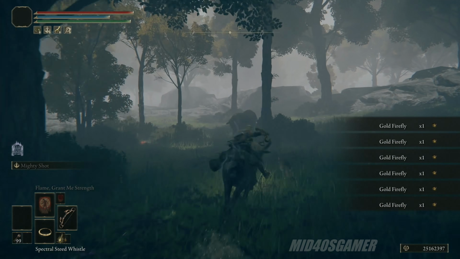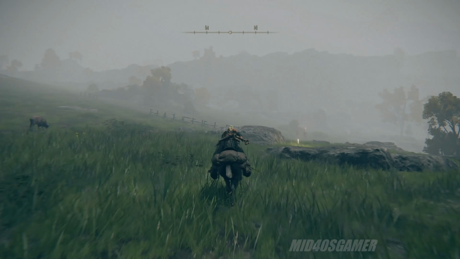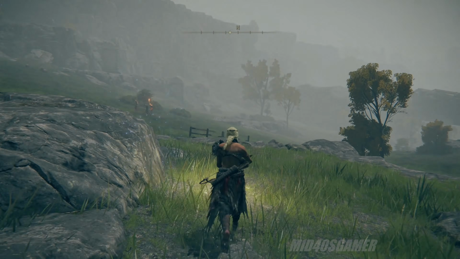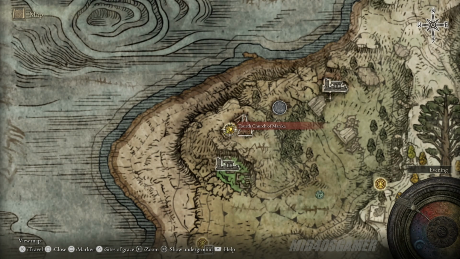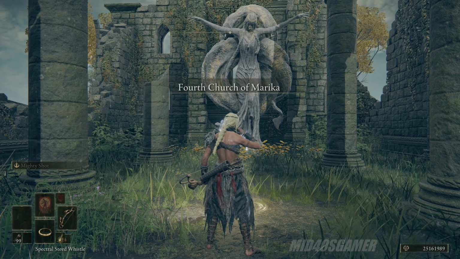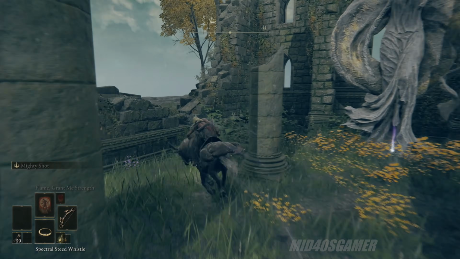After picking up the fireflies, you can make a return trip and rinse and repeat this process for a never-ending supply. Our next stop will be the Weeping Peninsula, and as you can see from the map footage, our start point for this incursion will be the Fourth Church of Marika, where we'll be hunting down flocks of birds for their four-toed feet. Once your boots touch ground in the church, you can hop over the broken southern wall and